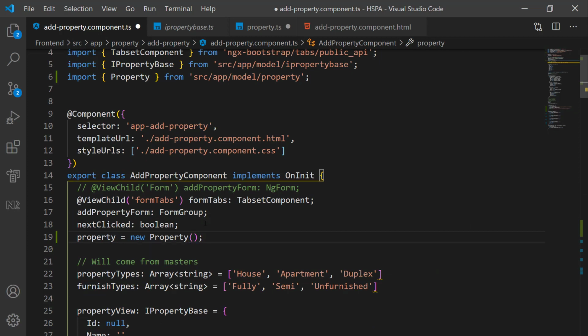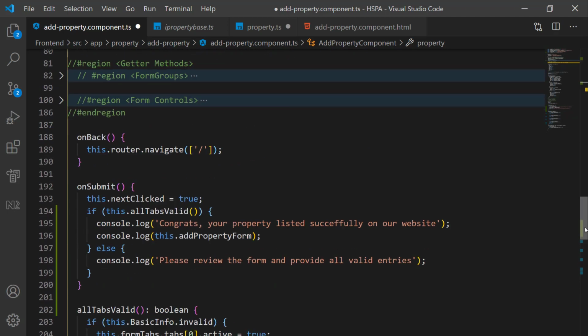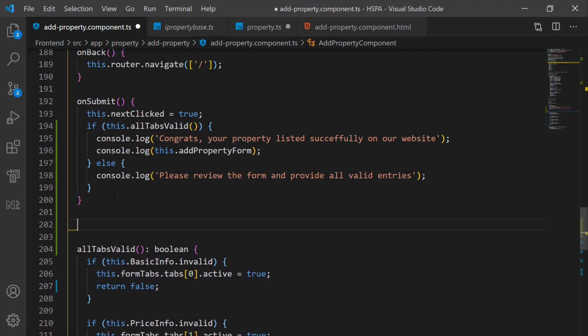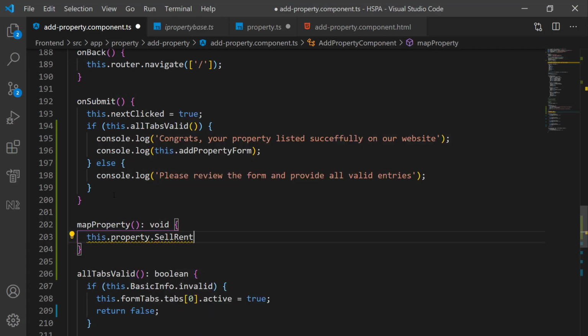For a smaller form like the registration form, it was okay to just pass the form data directly to the service and store it in local storage or database. But for bigger forms, where many fields we just need to display on the form and are not required to store in the database, we need to create a function to map the required property of an object to the data the user is submitting through the form. So let's add a mapping function for this form as well, to map our property object to the data we are receiving through our form.